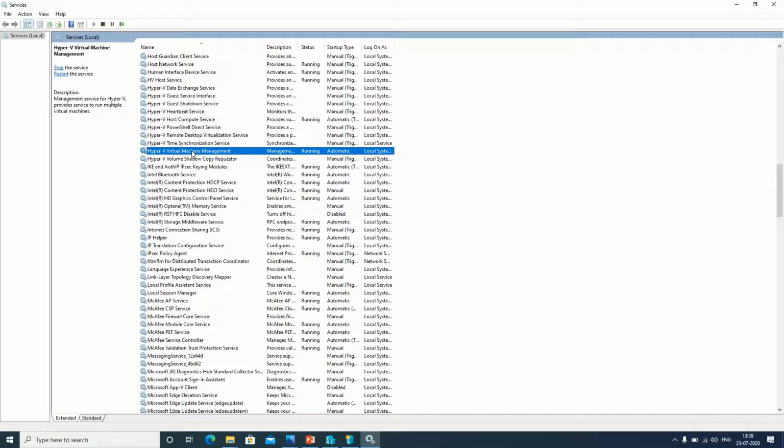This one, Hyper-V Virtual Machine Management. If this service is stopped, then you cannot use this. Please make sure, double check on this. Now,